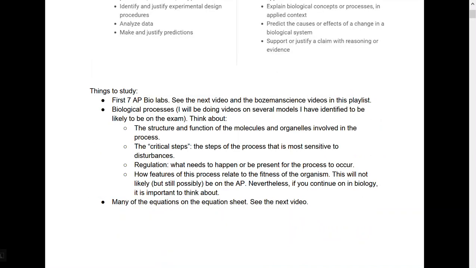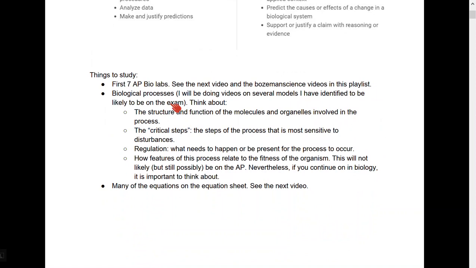And so for the things to study, I have the first 7 of the 12 AP Biology labs. Those are the ones, looking at it, looks like 8 through 12 are from the cutoff section, which hopefully you know that there will be no natural selection and no ecology on this. And the last 4 of those labs are ecology labs. Ecology and physiology. And so I have the Bozeman Science videos. One of the labs, I'm hoping I'll be able to get a video in on my own for Lab 7,